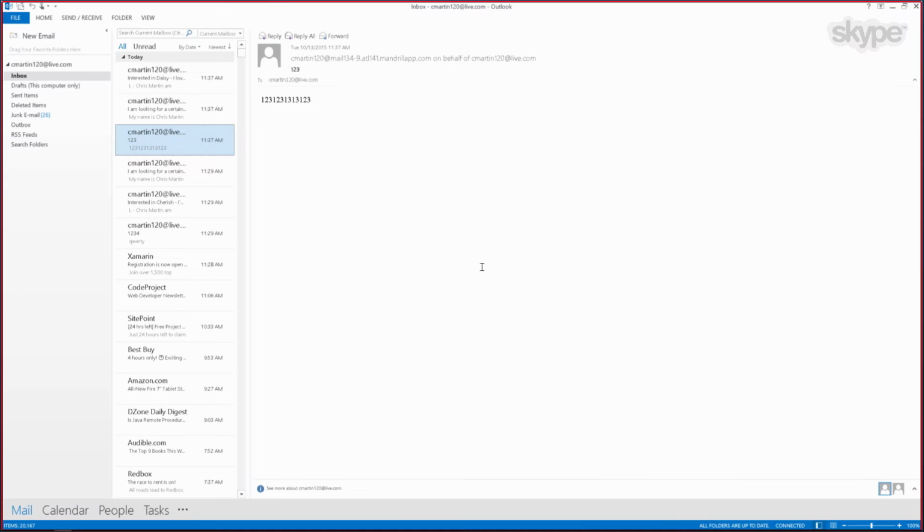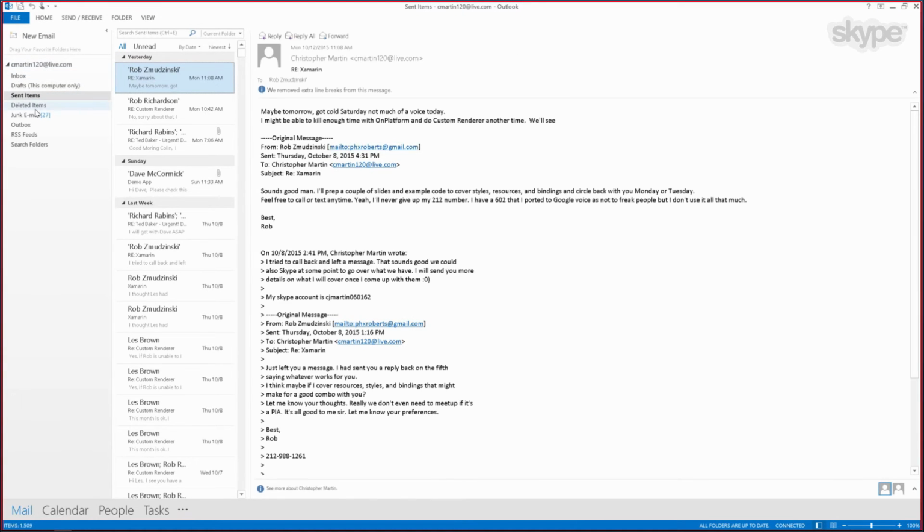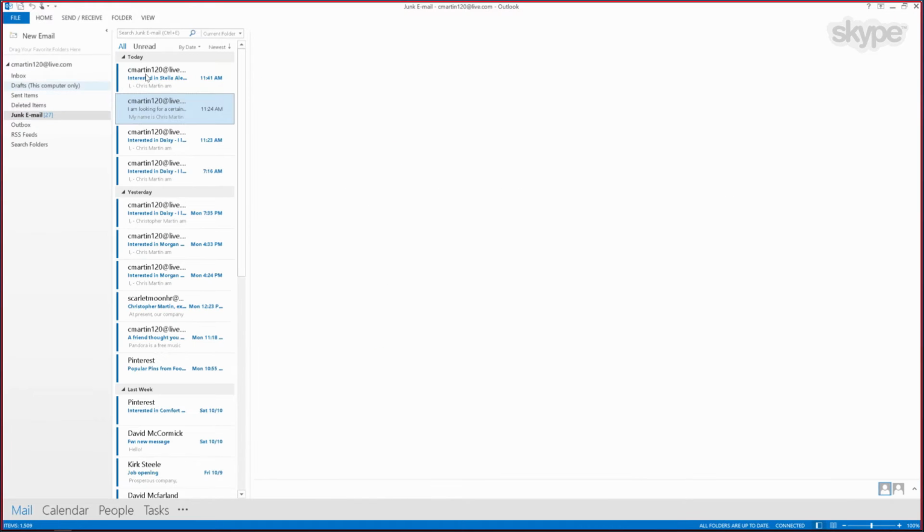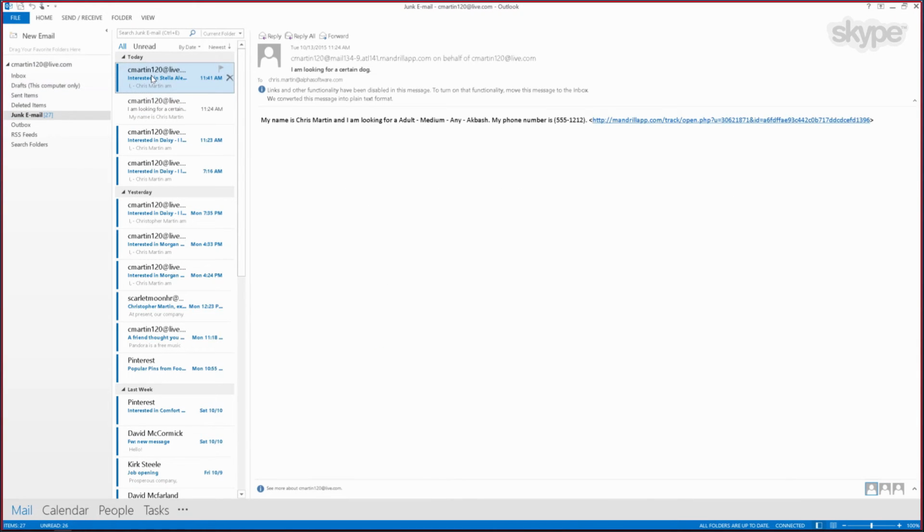Meanwhile, back in the email, this is what the adoption agency would receive. Right now, it's not really that nicely formatted, but it certainly gives you all the details you need. Let's go ahead and see if you can find it. Oh, right now it's in junk. All right. So anyway, it says, I, Chris Martin, because that's what you filled out, am interested in Stella, female